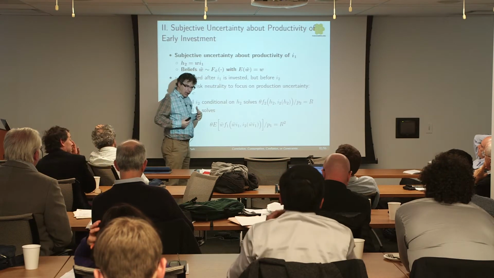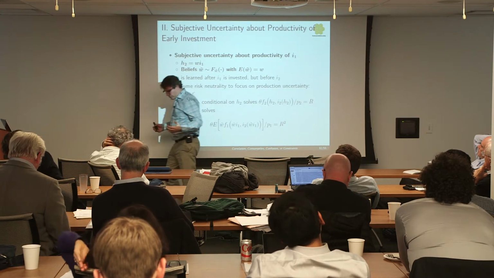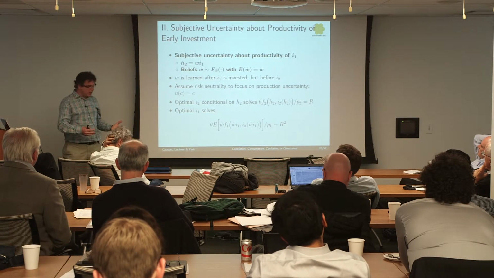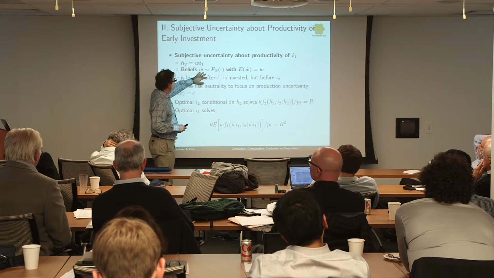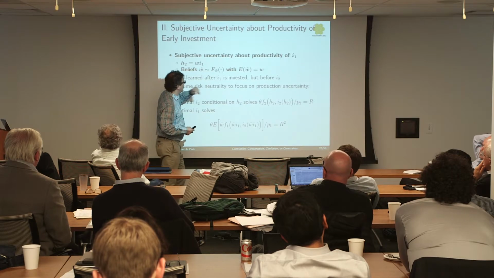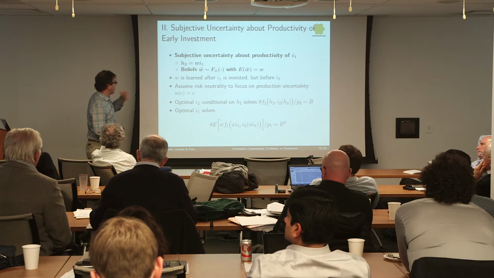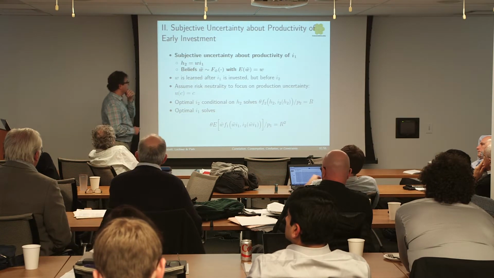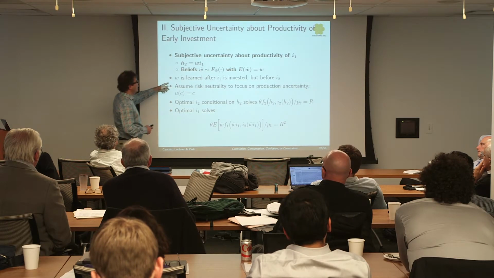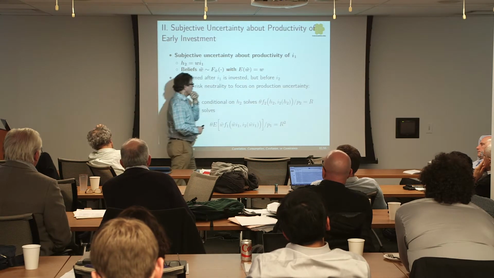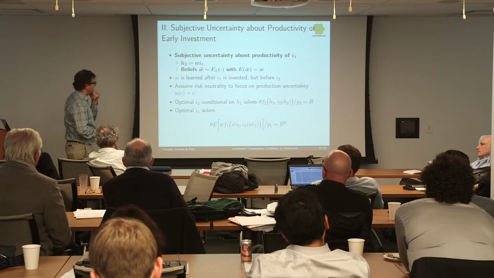So this is kind of, I don't know how productive, think of Flavio's paper. I don't know how productive it is to read to my kids. On average, I'm right, but there's a lot of uncertainty about it. And I'll find out when he's 7 years old whether it was productive or not. But I don't know. And so I know it by the time I get to invest later, when I'm deciding whether to send him to college or not. But I don't know it when I'm making these early investments.